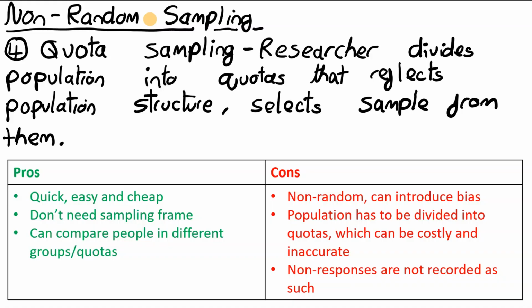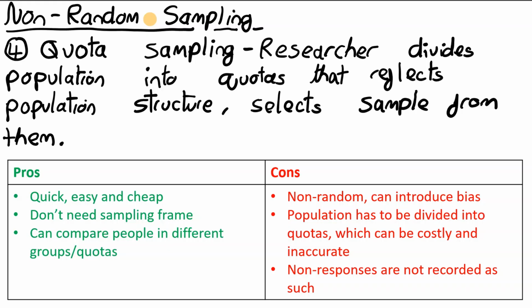You don't need a sampling frame. You can literally just go out into the public and ask random people and see what quota they fit into. And it also allows you to compare people in different quotas. It has disadvantages though. Firstly, this is non-random, because normally the way the researcher gets people is either by going